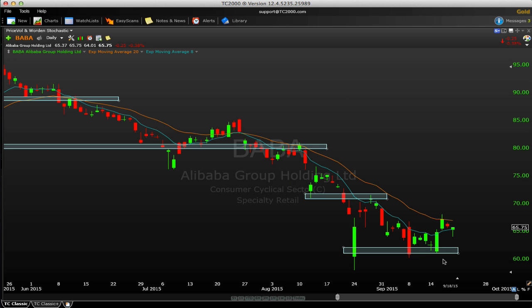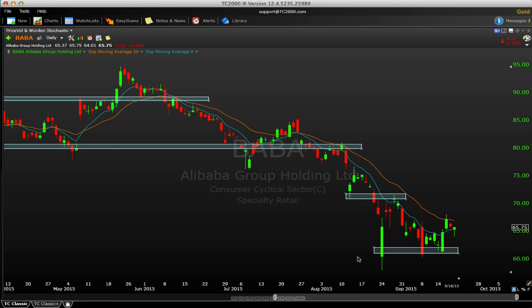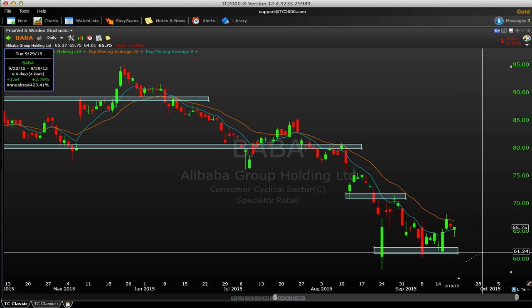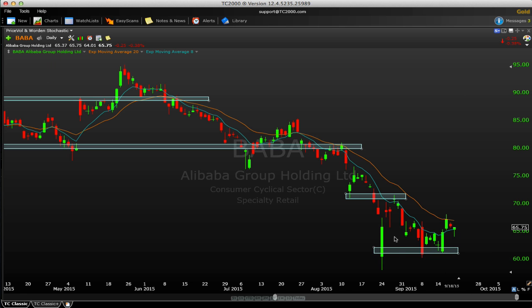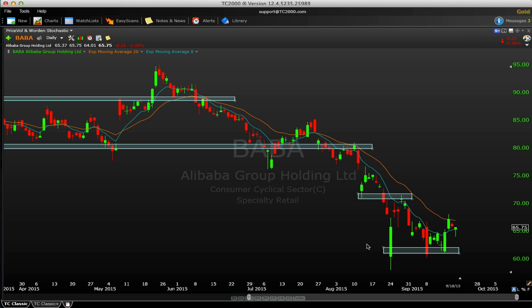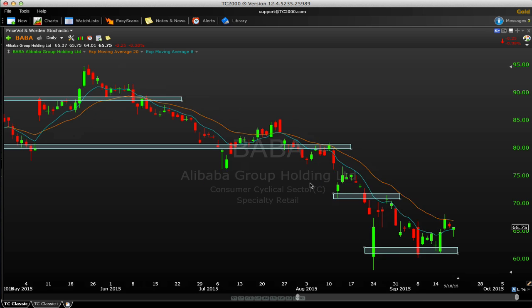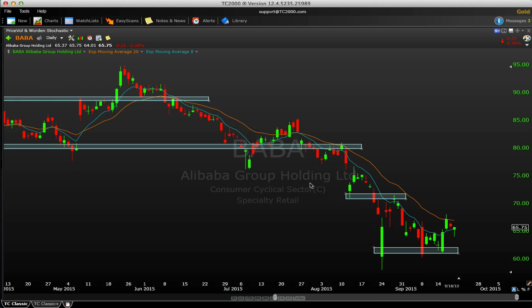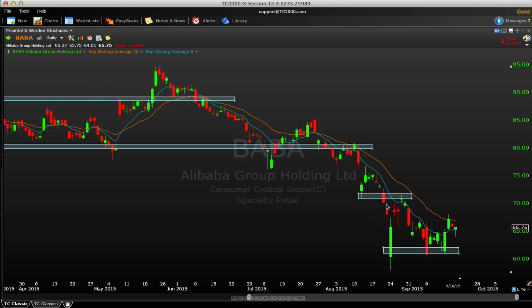Alibaba, this one showing signs that it wants to be some type of short-term bottom, at least. A lot of very large expansion bars, but you're seeing a lot of nice green bars come in. You're seeing buyers step in here at these lower $60 levels. This looks early stages constructive for what you want to see for a potential short-term bottom to be put in. Definitely has its work cut out for it. It's not going to be an easy ride higher, but I think there are signs here that the buyers are trying to take control here. So Alibaba, that one looks constructive.